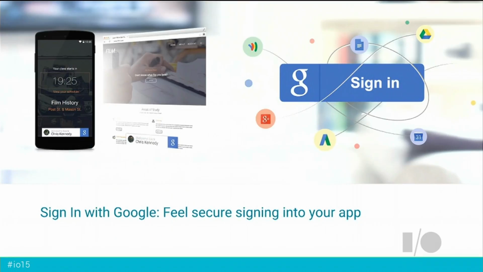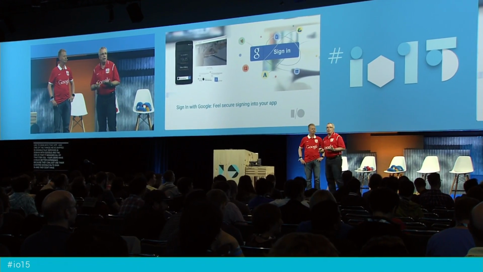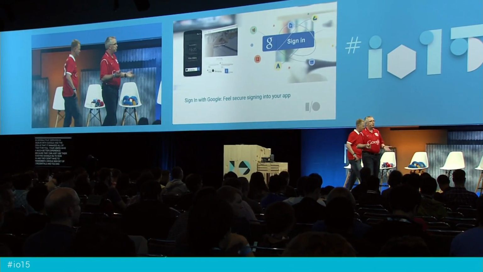And a constant pain point when you're building applications is managing sign-in for your users. It's a pain for you because you have to build the infrastructure and you have to secure that infrastructure for signing folks in. And it's a pain for your users to remember yet another username and password. What do I use to sign into this app? What do I use to sign into that app? And one of the things we've shipped in Google Play Services is sign in with Google. And the idea behind sign in with Google is it manages all of that for you. Your users have a much better experience because they can just use their existing Google IDs to sign in and they don't have to remember a whole new set of credentials. And you end up having the security of knowing that you've got this great bulletproof infrastructure behind you. So you don't need to build everything that's needed to actually support these end users.